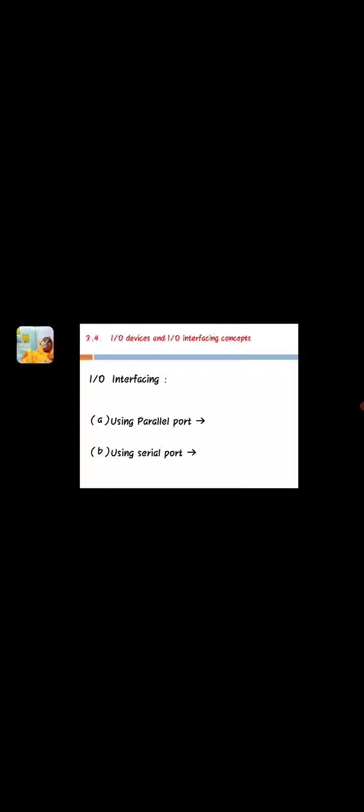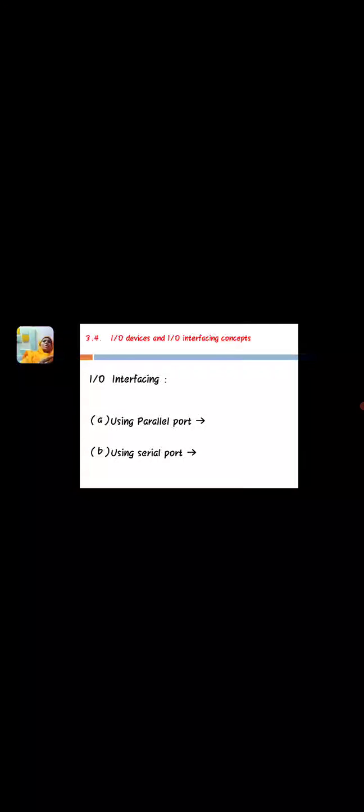Mainly, IO interfacing is of two types. The first one is port mapped IO and the second one is memory mapped IO. In port mapped IO, we connect IO devices and memory separately, so two separate buses are required. Whereas for memory mapped IO, IO devices and memory devices are both allocated in a single address space. So here we require only one bus. Through that bus we communicate with IO devices and external memory, right? These are the different types of interfacing concepts.